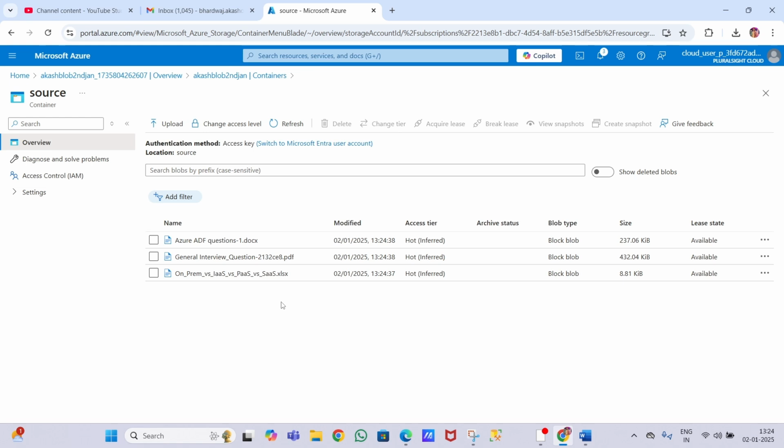Here we learned how to create a blob storage account and how to upload files in a blob storage account. In the next video, I will let you know how you can create an ADLS account. After that I will use ADF and will copy data from blob storage to ADLS. How we can do this, in the future I will let you know one by one, step by step, all the details. I hope this video is good for you, and you understand how we can create a blob storage account.